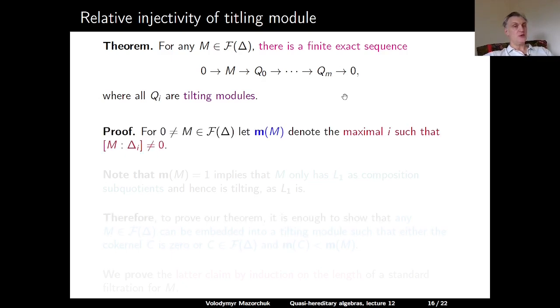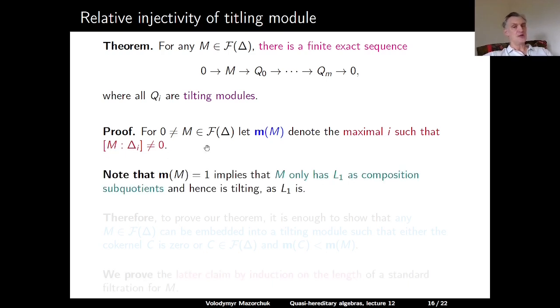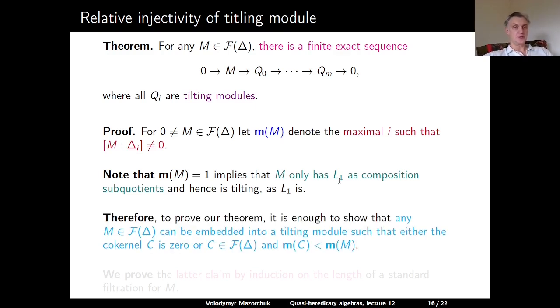Proof: for any module M in F(Δ), let us denote by bold M of M the maximal i for which Δi appears as a standard subquotient of M. Note that if the bold M of some module is 1, this means that our module has only L1s as composition subquotients, and so it is a tilting module because L1 is a tilting module. Therefore, to prove our theorem, it is enough to show that any module in F(Δ) can be embedded into a tilting module